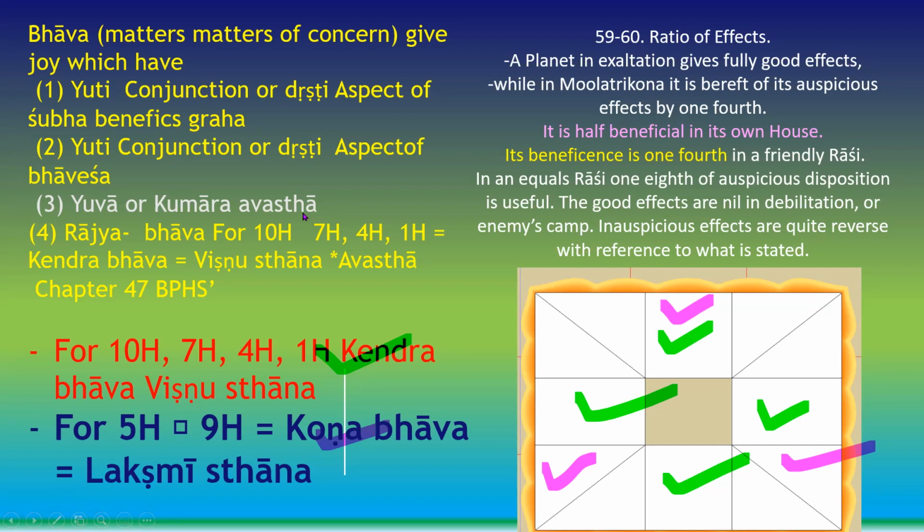0 degrees of even signs and 0 degrees of odd signs have separate rules. So 29 degrees of, let's say, Gemini is the same as